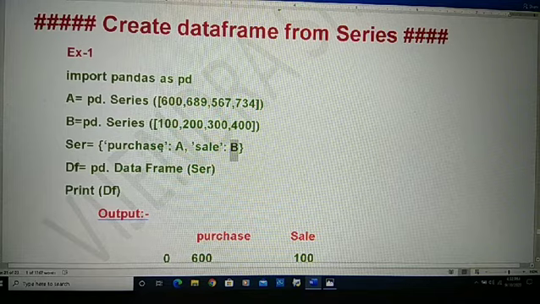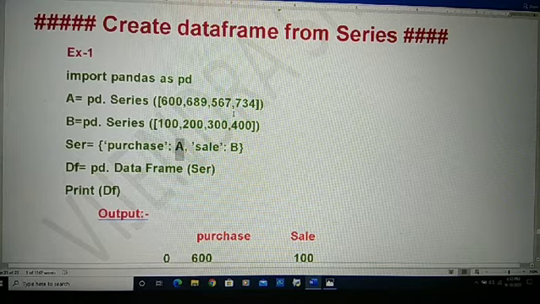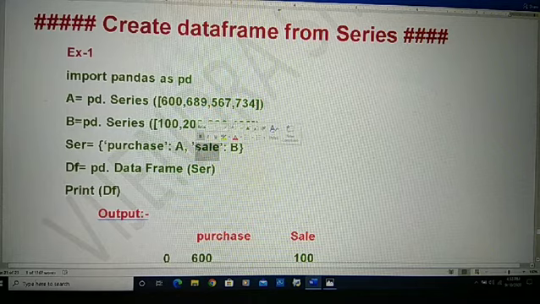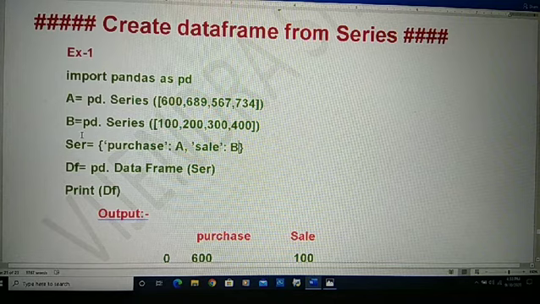Then we write here purchase. Purchase contains the value of a: 600, 689, 567 and 734, and the sale key contains the series b values. Is it clear? Then this dictionary is assigned to the variable ser.